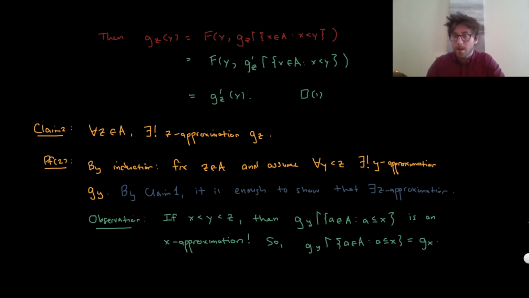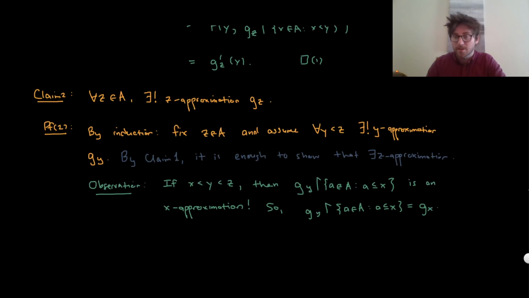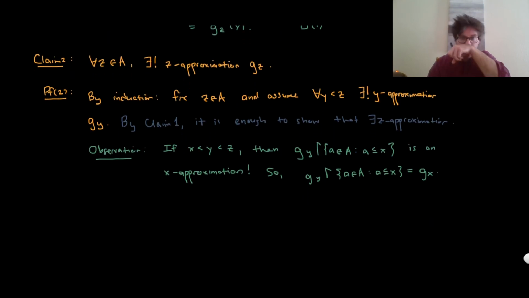All right, so why is this observation interesting for us? Well, it allows us to say that if we take smaller values in our well-ordered set, or if we take larger values in our well-ordered sets, what's happening here is that the recursive approximations are extensions of the previously defined approximations. So what's the implication of this? So this implies